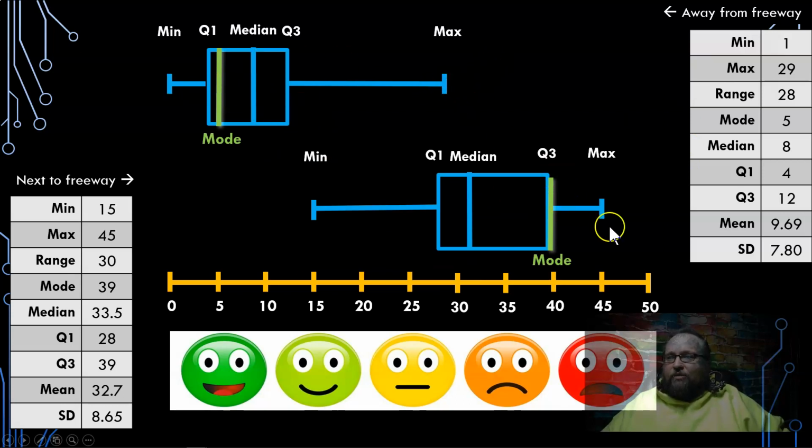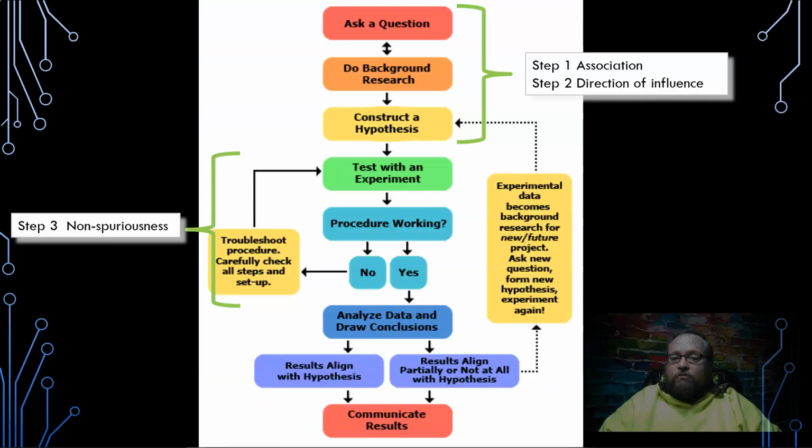Well, we can subtract the maxes, we can subtract the mins, we can subtract the medians and these interquartile ranges and see what is the difference. And is this big enough from one group versus the other, like the control group away from the highway versus next to the actual highway? And what does that say for this overall context? And back that up and get all the numbers together and see if it's big enough, and then come to our final conclusion, which brings us back to almost one of the last times you'll probably see this,